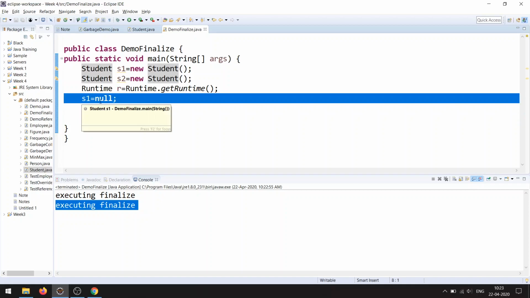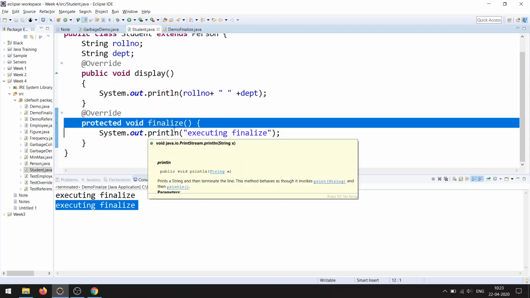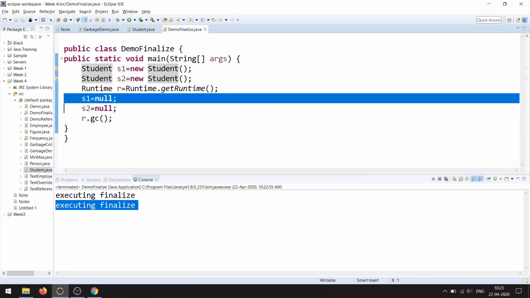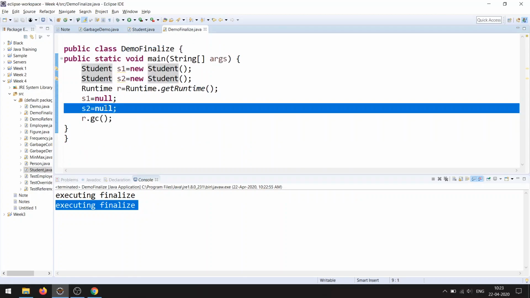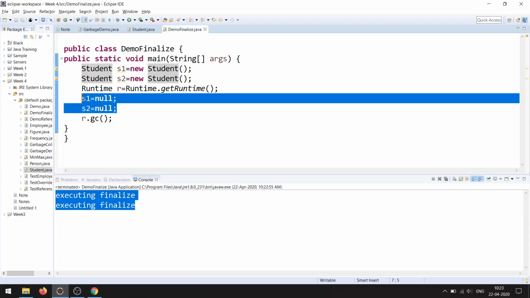Before deleting object S1, it will invoke the finalize method of the student class, and then object S2 is eligible for garbage collection, so the garbage collector executes the finalize method for deleting the second object. So the finalize method is executed two times because we are deleting two objects from memory.